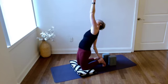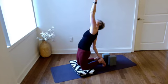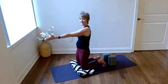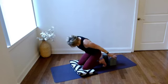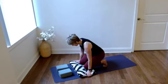Exhale, blow it out. Inhale. Exhale, blow it out. Reach that arm forward. And now just shift back and take both those blocks, put them forward, and now you're